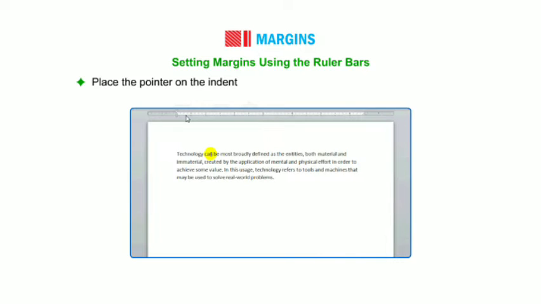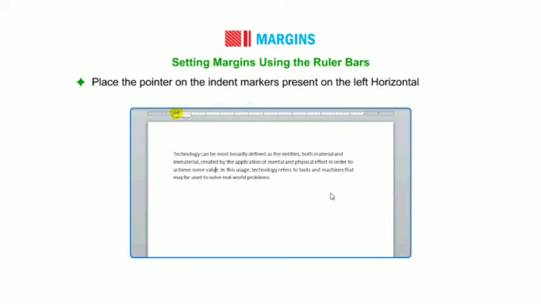There are some symbols on this scale, and by adjusting them you can change the margins, left margin and right margin. Similarly, you can change top and bottom using the side ruler.